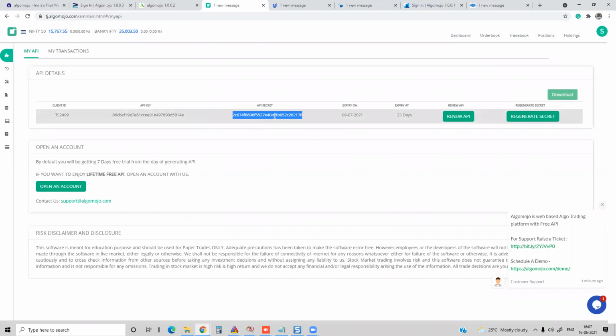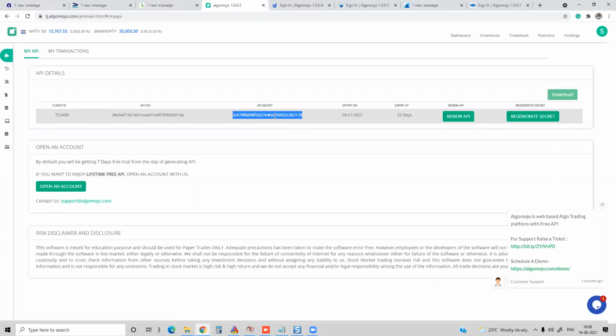Many traders' basic question is, does AlgoMojo itself run the strategies? Of course not. It is not like that. You have to run your own strategies in your own platform with your own broker.